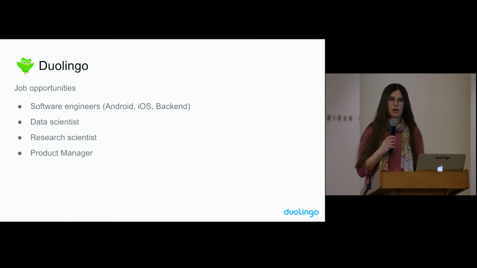So that's a little bit of a taste of one project we're working on at Duolingo that uses machine learning that's live today. Here are some examples of the kinds of people who work at Duolingo. These are openings that we have right now. So you can see there's a broad range of opportunities from native app building, Android, iOS, also backend, also web. And then we also have openings for positions like product manager. The product manager is the person who figures out what the product should look like, and often those people also have CS degrees.